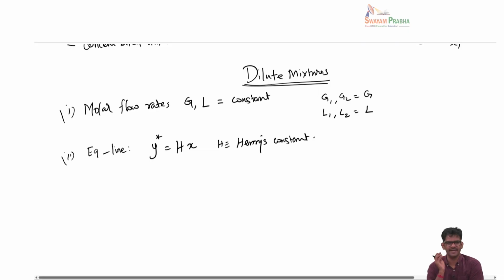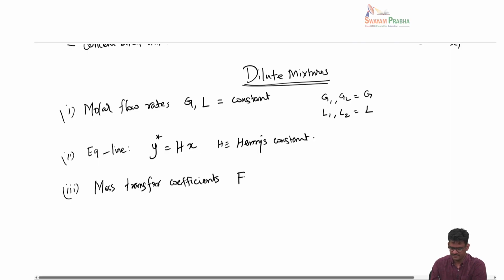And this is also a very fair assumption as long as you are looking at dilute mixtures. And the third manifestation is that the mass transfer coefficients F and K are equal. Okay. So F type is something that we use generally for a concentrated mixture, K type something that we use